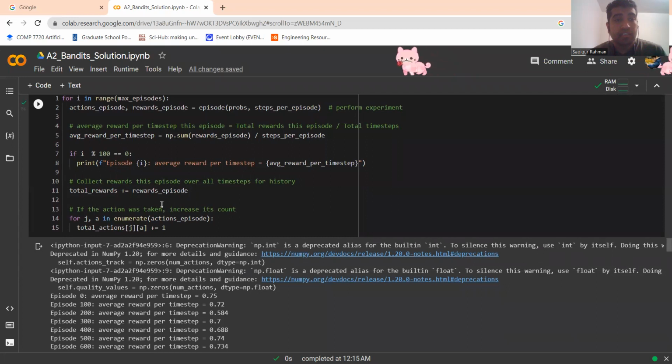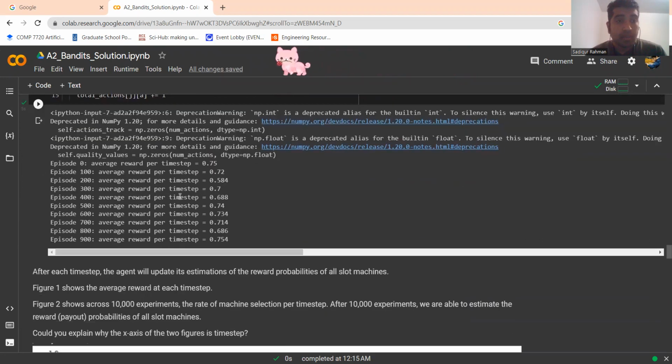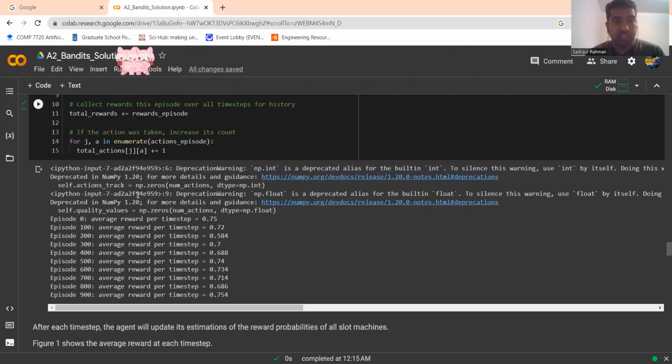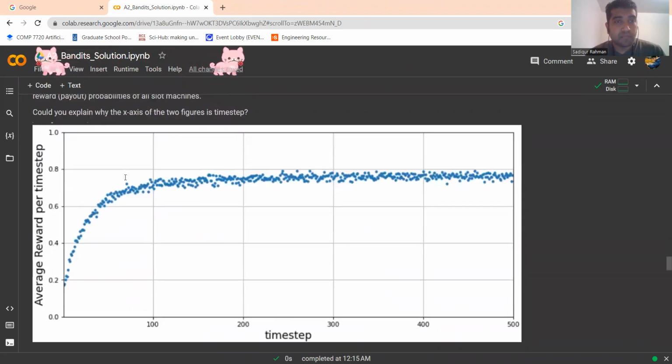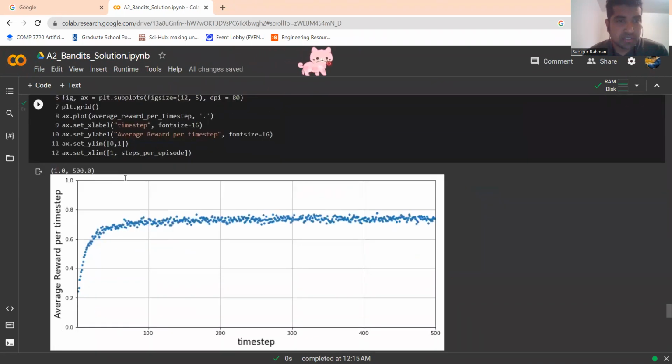It also calculates the total reward, and it calculates the actions of each machine, which is decided by the calculation of the maximum quality values. And if we run this code, we get these values, and if you plot the result, then we'll see